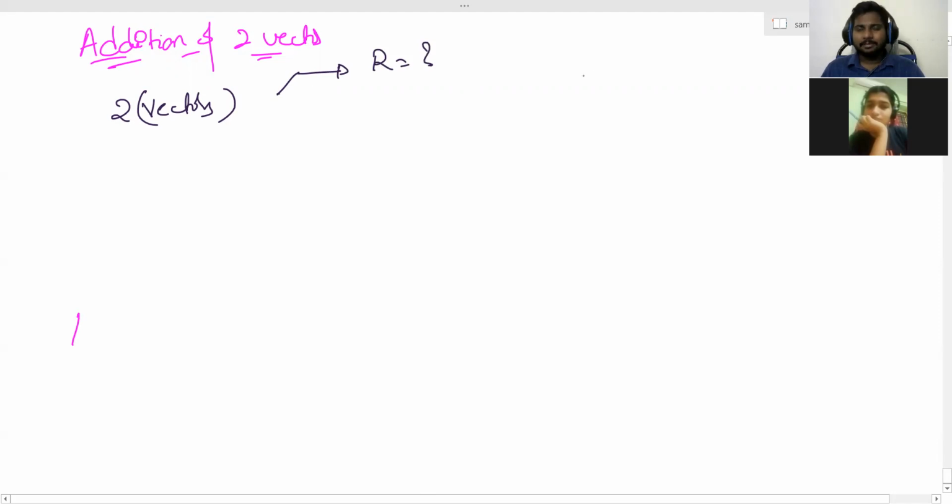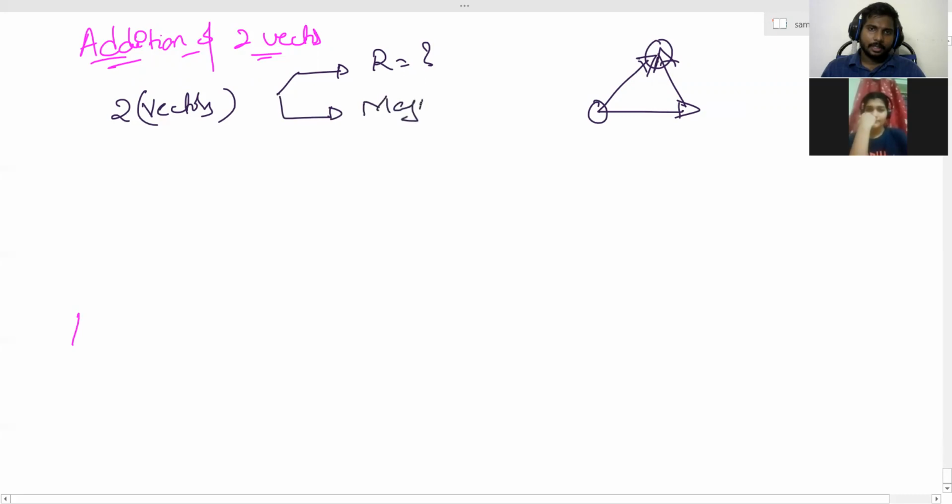You have seen by diagram graphically how to add them, right? Keep the tail of one vector on the head of the other, then the tail and the free head will be there, and you draw the resultant vector. So the two vectors are given, how to find the resultant, its direction and magnitude? And the angle between the two vectors. The angle between the resultant and A, B. This resultant is making some angle, right? Tail and tail are joined. This theta, how to find it? Shall we calculate?